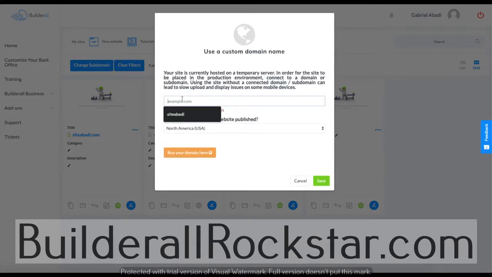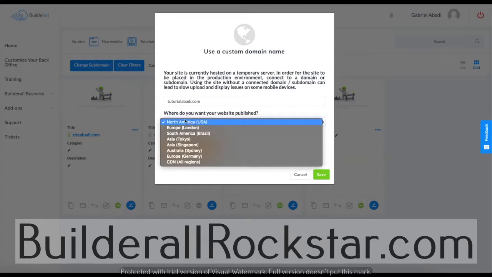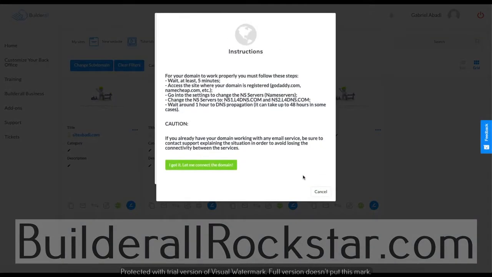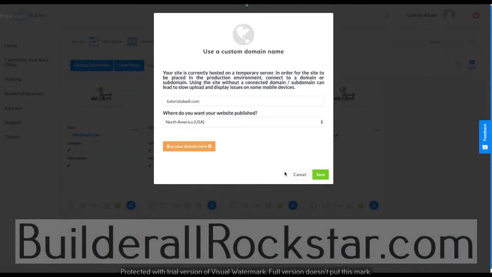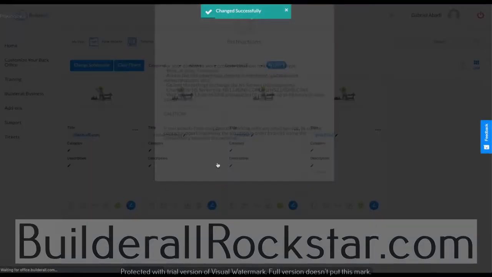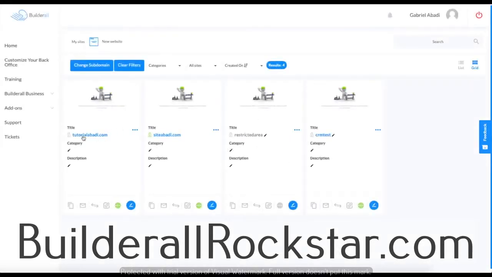For example, I'm just going to put, if my domain was like this, and you can choose the region that you want your website to be published in. Over here I'm just going to choose North America and you can click save. Once you do that, you can click on I got it, and we're going to click on save. This just showed up again. I'm just going to click I got it, and it's going to refresh our screen